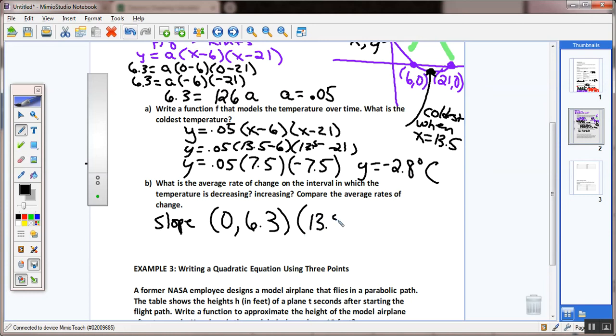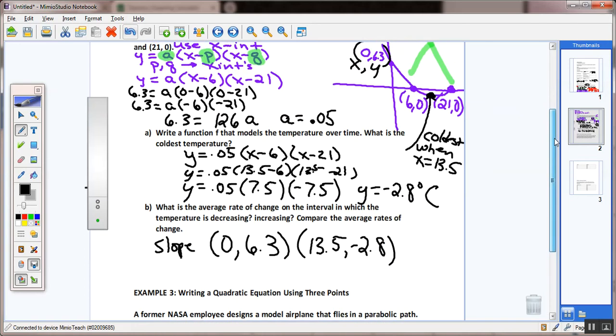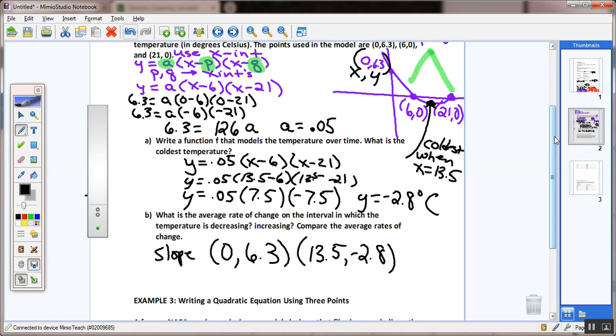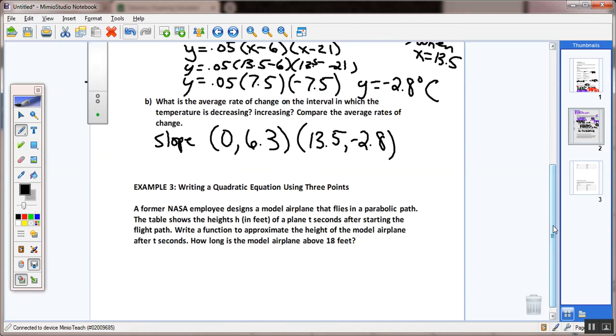So we want to find basically the slope between these two. At midnight, the temperature was 6.3 degrees Celsius. Over time, it got to a minimum, negative 2.8 degrees Celsius. That took 13 and a half hours to happen. They want to know how quickly the temperature dropped every hour. We're just finding the slope of this. Your slope is simply y2, negative 2.8, minus your y1 value, 6.3,